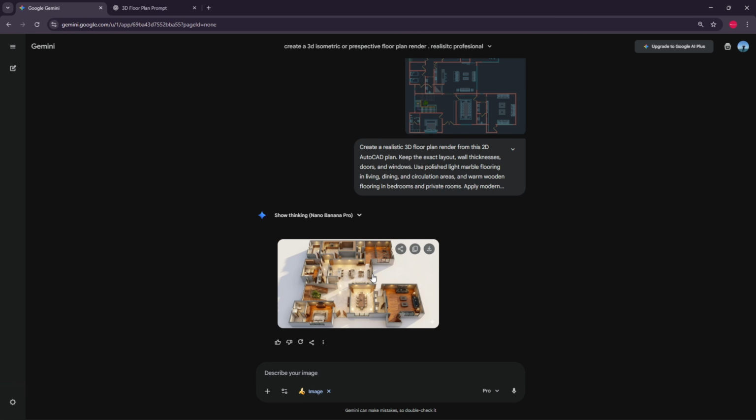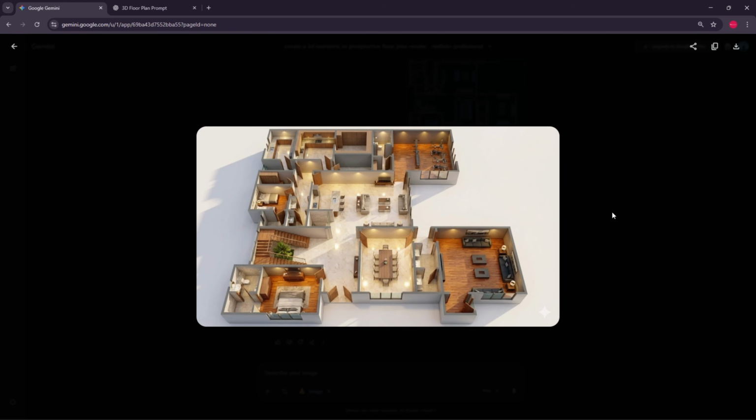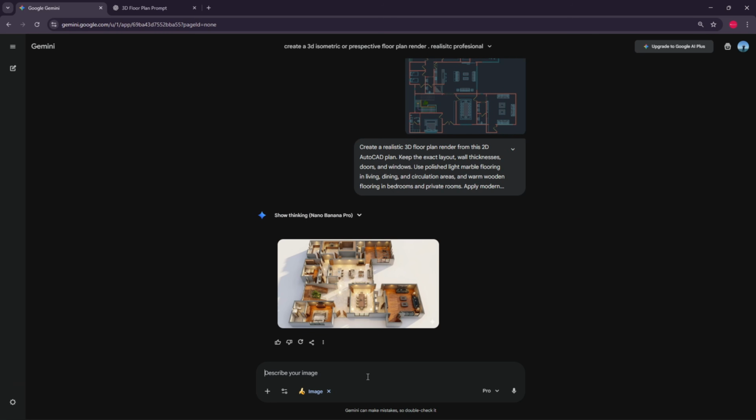Now let's get to our result. Oh my god, okay, it looks very, very nice. I absolutely love it. If you compare it to the amount of time we have spent on it and the result, I think the result is doing very, very well. Okay, and I think the floor plan stayed as it is, no big changes. Great. So let's ask it to